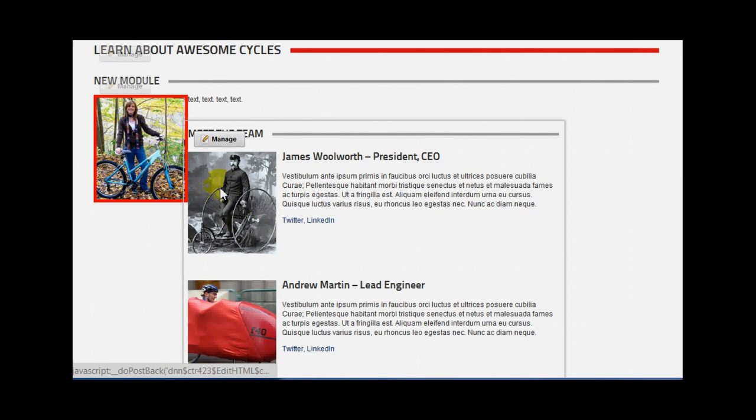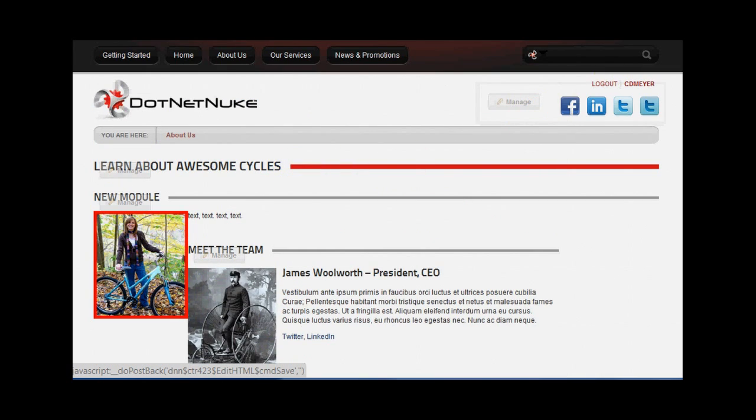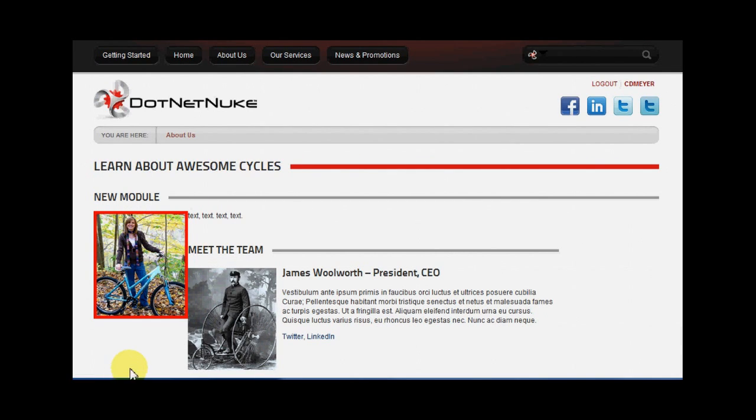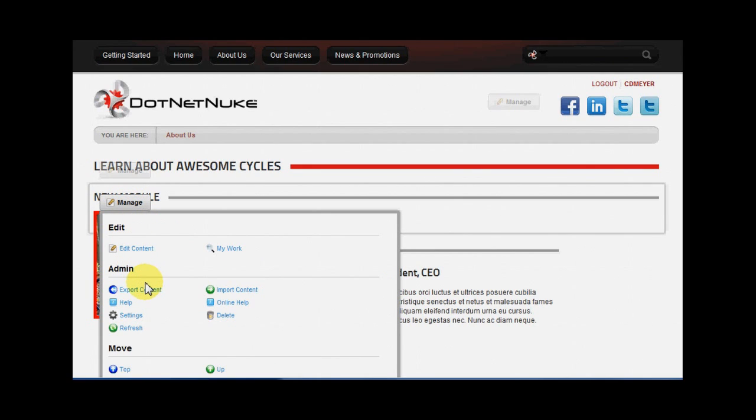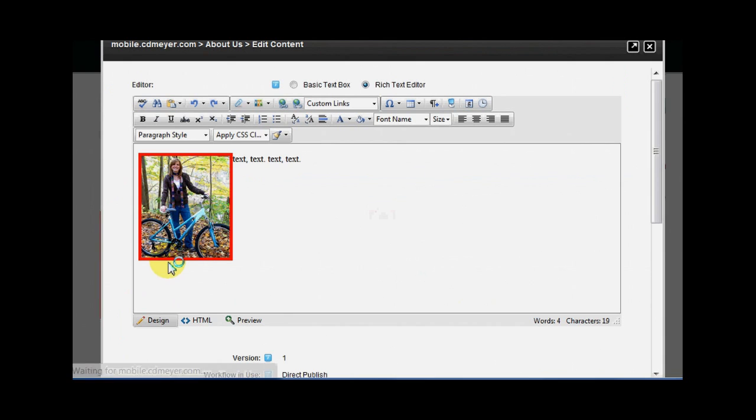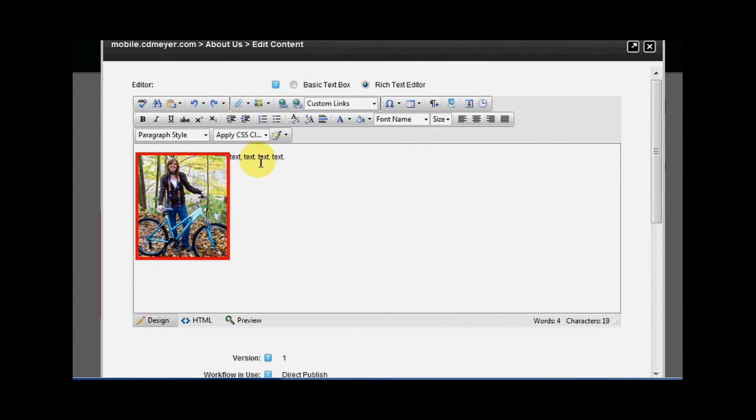It did in this case shift this other module around it. Before I try to fix that, I'm going to go to view and make sure that it appears that way when I'm in view mode, which it does. This happens sometimes. There are times when DotNetNuke is a little quirky. Alright, if I want to